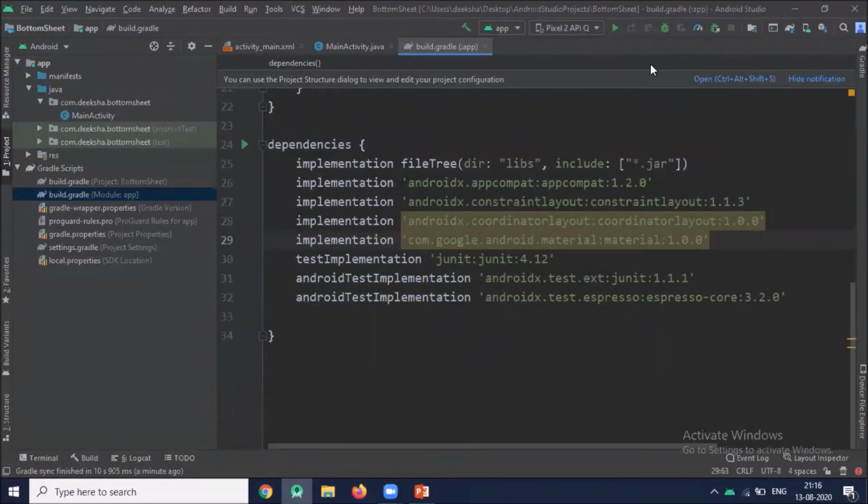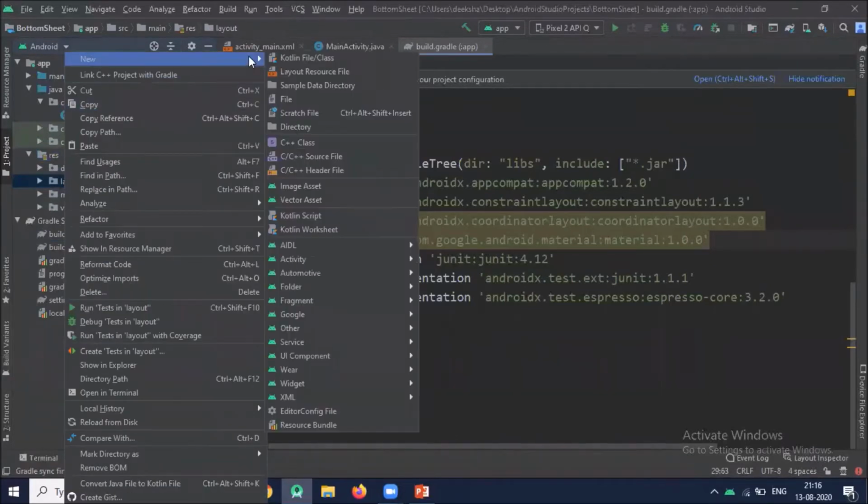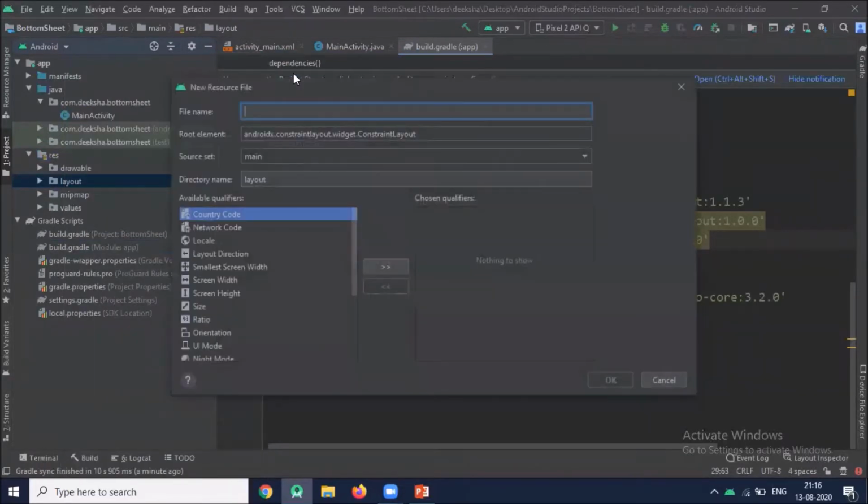Now we design our bottom sheet. Click on res layout. Here we add one layout resource file and name it bottom sheet.